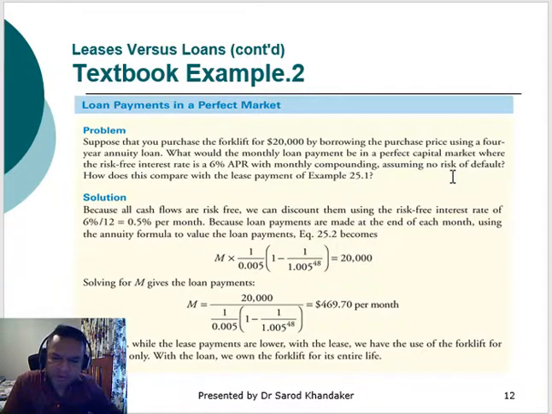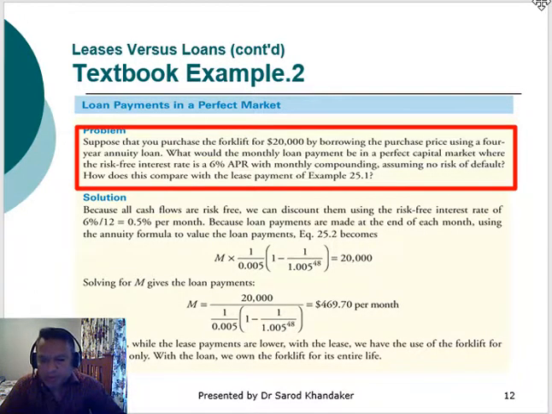So let's look into this example. Suppose that you purchase the forklift for $20,000 by borrowing the purchase price using a 4-year annuity loan. What would the monthly loan payment be in a perfect capital market where the risk-free interest rate is 6% APR with monthly compounding, assuming no interest on default? How does this compare with the lease payment of the previous example? So let's look into the monthly